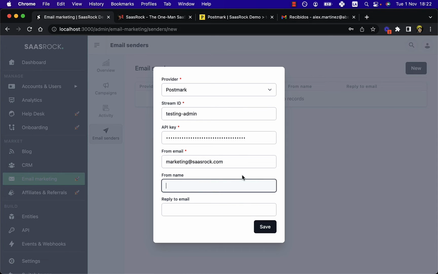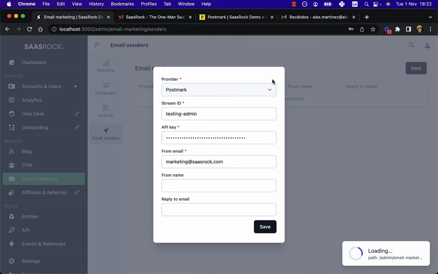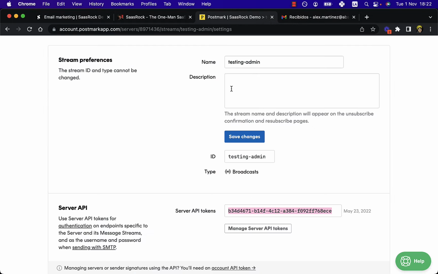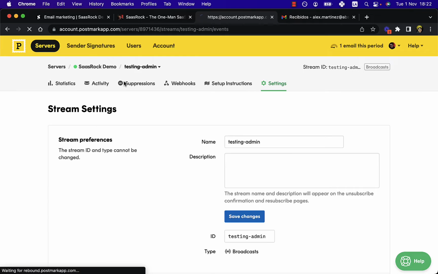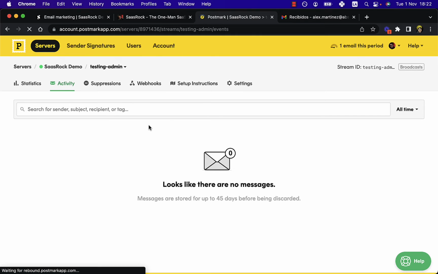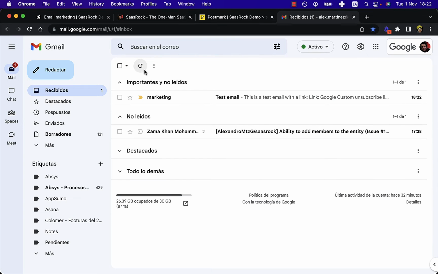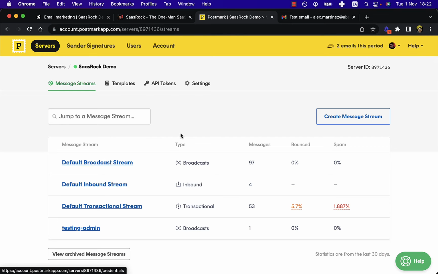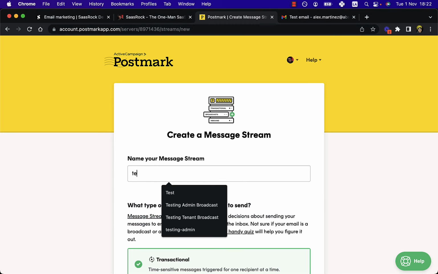Well, let's just leave it like this and save this and send a test email to see if this is working, and go to the activity for this broadcast. It should have sent one. So here it is, and here's the activity. And now let's do the same but for one tenant. So test tenant